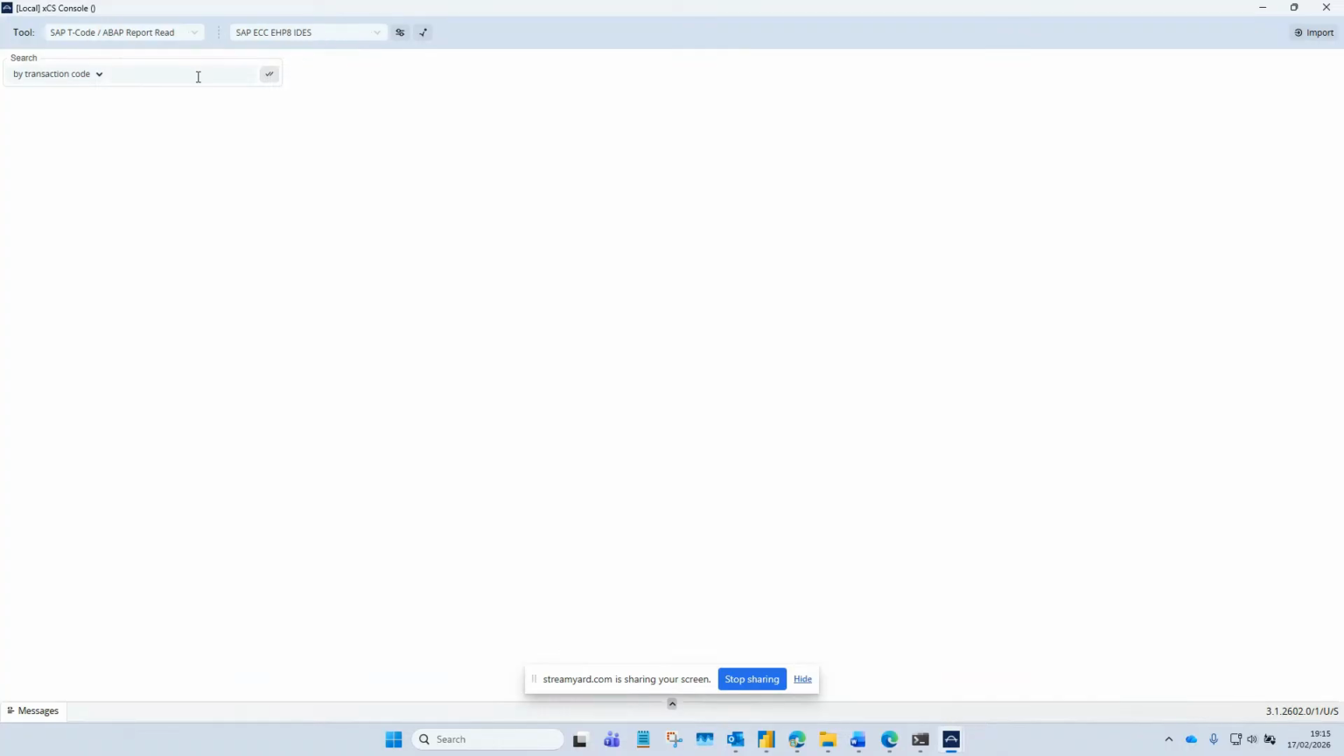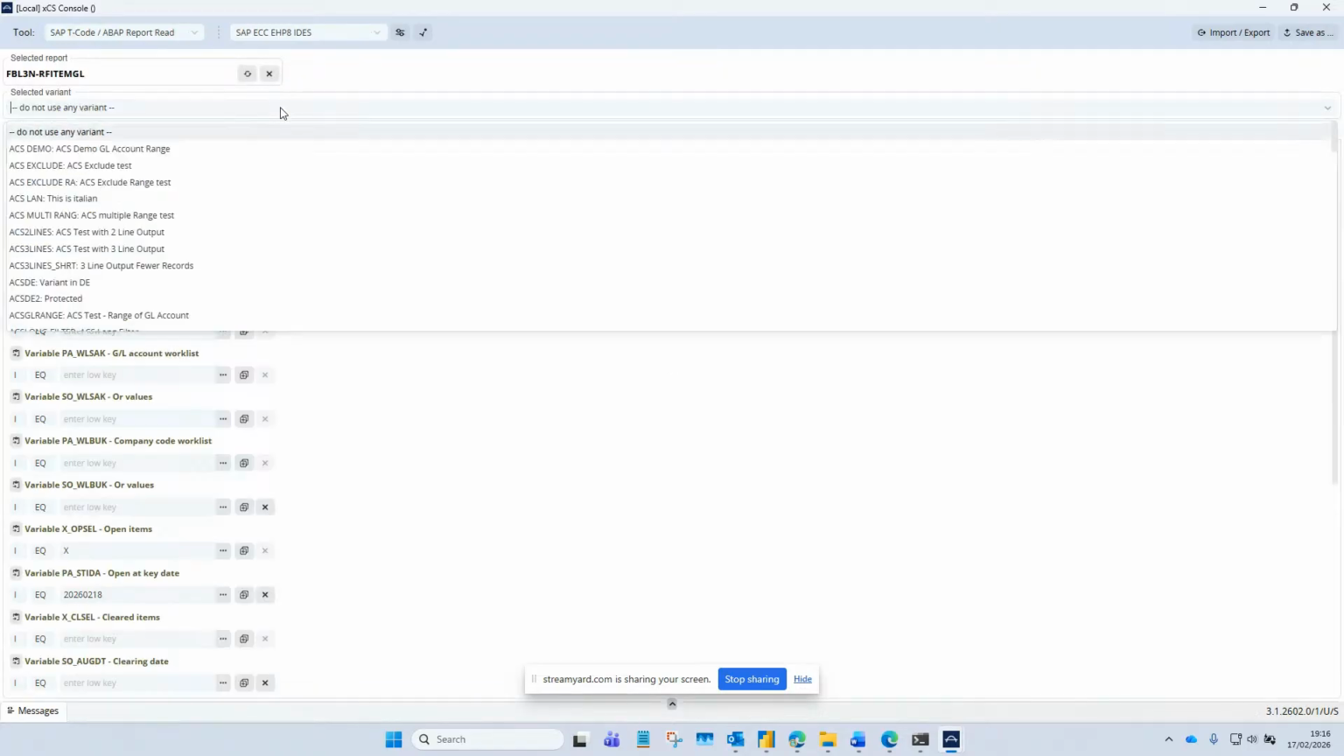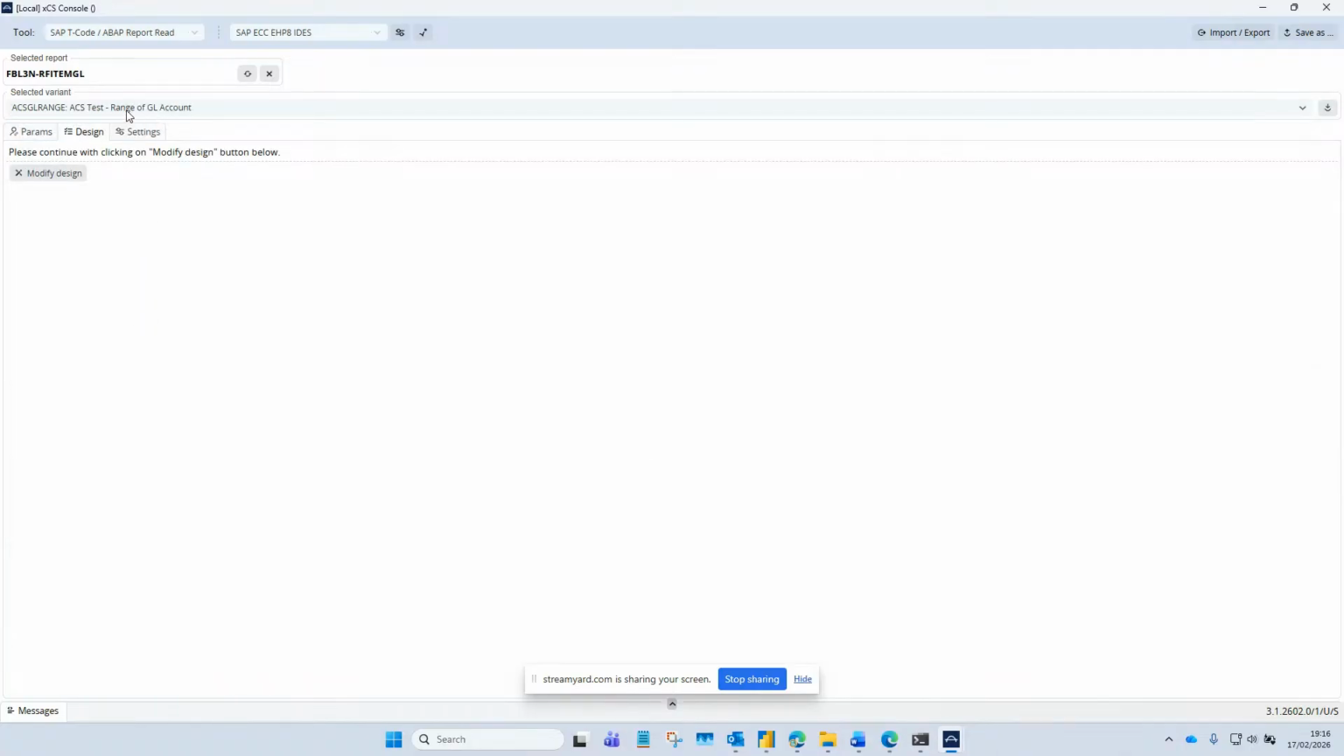So I've been able to connect to the system. I'm just going to put in the transaction code for general ledger line items. At this point, again, it's going to SAP, pulling back any variants for these selections. A variant, for example, is a predefined set of filter criteria, if you like. So if I click one here, I could run this now and it will pull back using those